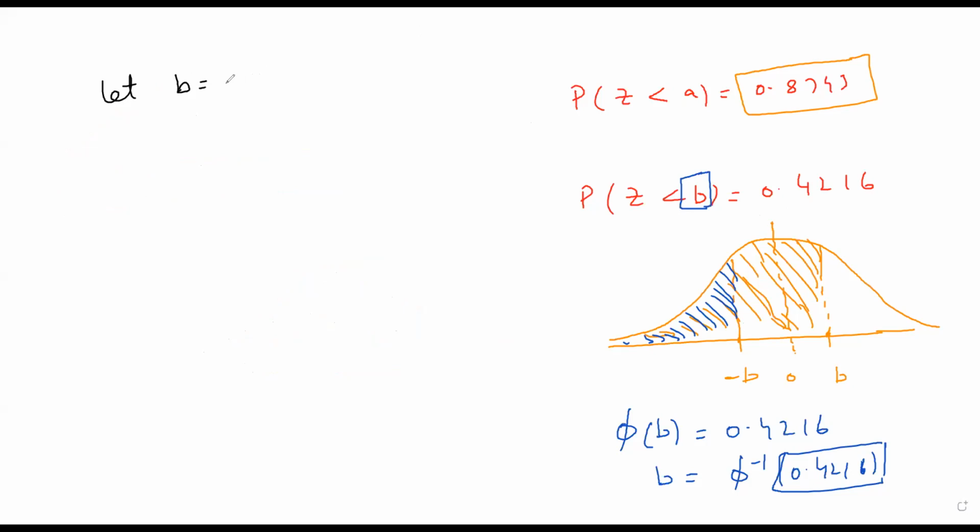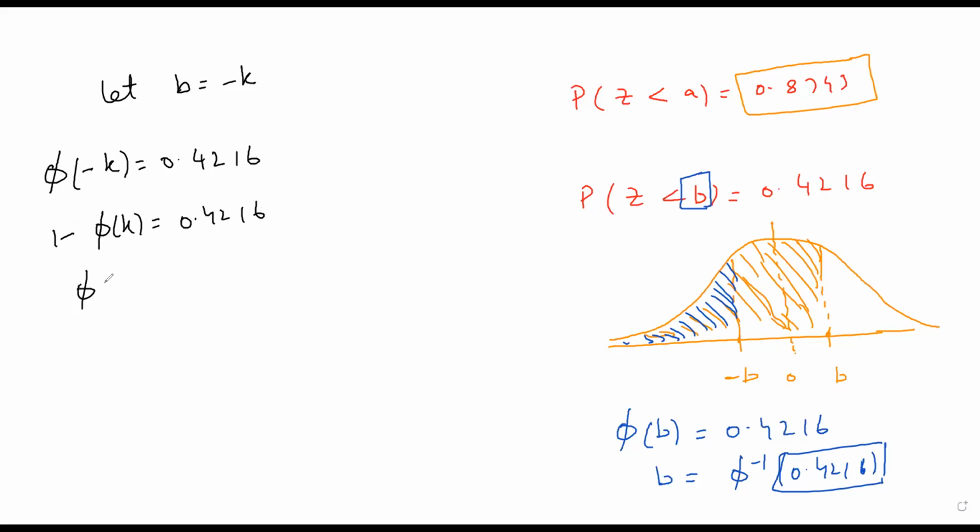So this now becomes phi of minus k, and this is the step that you guys have to do. Phi of minus k is 0.4216, and this will be 1 minus phi of k,